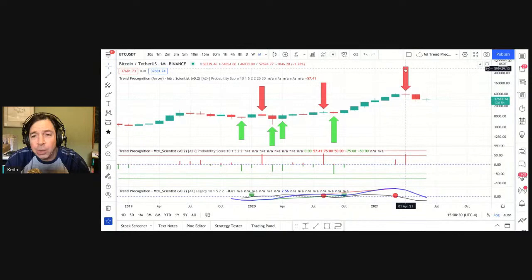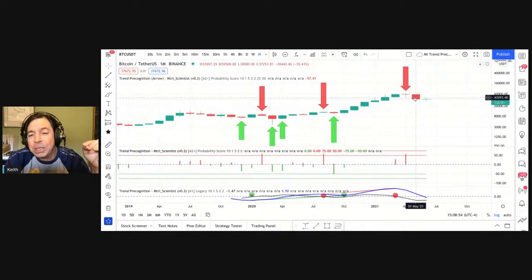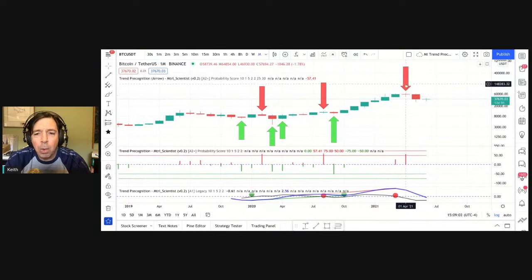It looks like, as you can see, we had a short signal on the local top here, and I talked at the beginning about the candle lag. So this signal flashed on and off throughout the month of April and May. It was not actually printed and confirmed here until this May candle closed because of the one candle lag that TradingView imposes on this indicator. So we had to wait to get a confirmation on the valid signal.